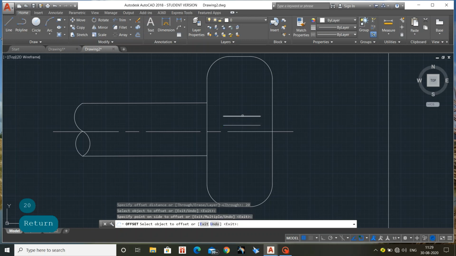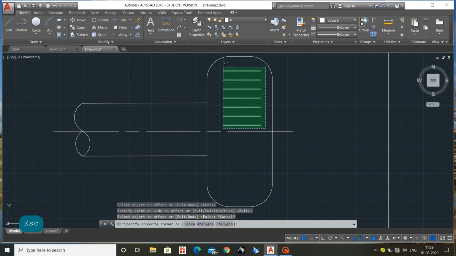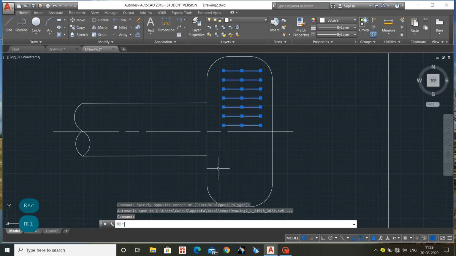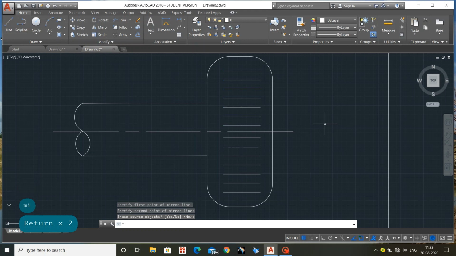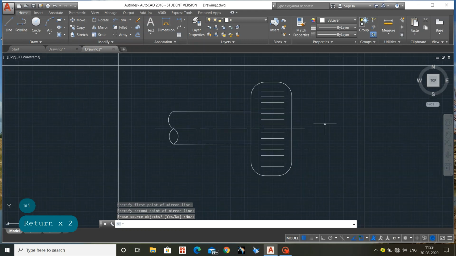Again select the offset object. Again select the offset. Like this. Done. So similarly it's over. So for getting the uniform distribution, I am using the mirror option, selecting the base point as this and the second point as this. So our mirror is also done. So representation of the straight knurling is done.